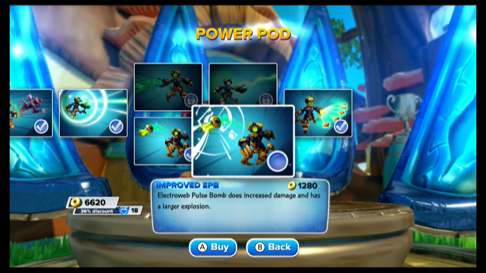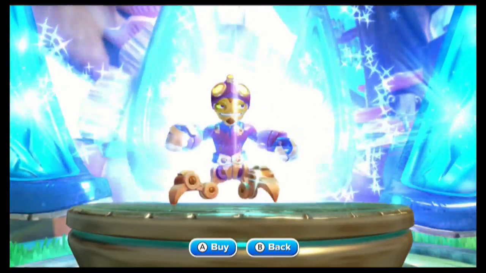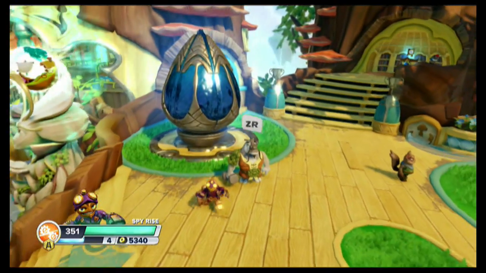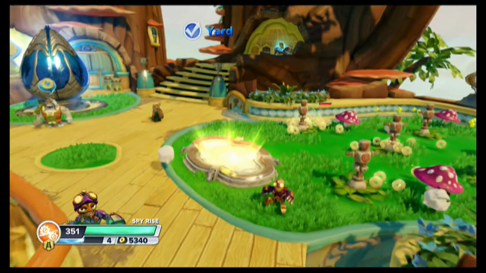Improved EPB, this one's got potential. 1280 is the price. Electro Web Pulse Bomb, hence EPB, does increase damage and has a larger explosion. I would hope so. I would honestly hope so. Now this guy is fully maxed out on the top end, and I can only hope that this thing delivers big time. Let's back out of here. I've got to change my spreadsheet. I've got EPD in there for some reason. But alright, here we go. I'm not going to hit that guy because he's scanned, so...